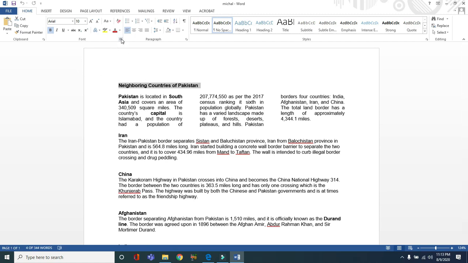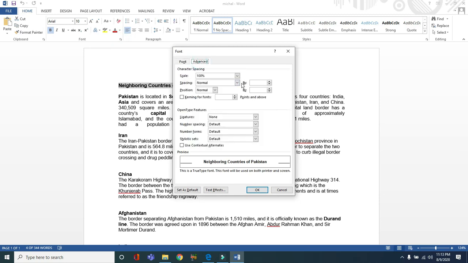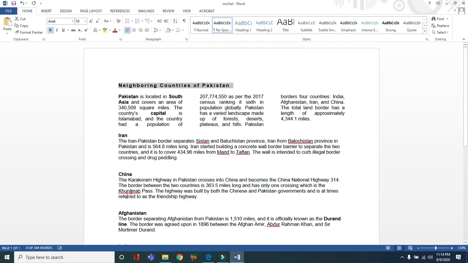So we will go to the font tab. Here we will select advanced. Click on expanded and we will give 0.2. We can select it by clicking on it, and you can see neighboring countries of Pakistan is expanded now by 2 points. So I'm just going to click on OK.